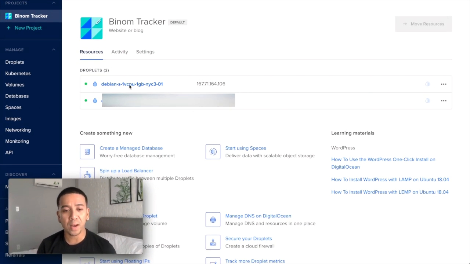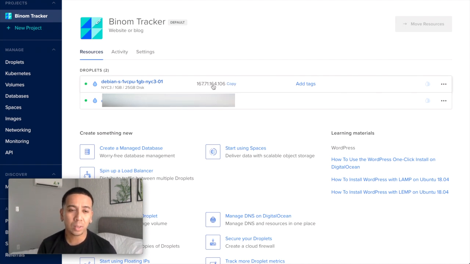Okay, now that we have installed the server, you will see that I have a new server installed here. And what we're going to do is basically copy this IP address. Just click on it. And once DigitalOcean propagates the server, which literally takes less than 2 minutes,